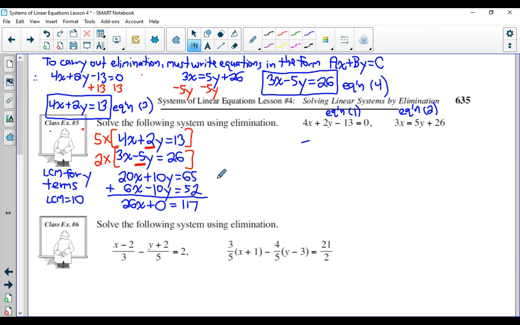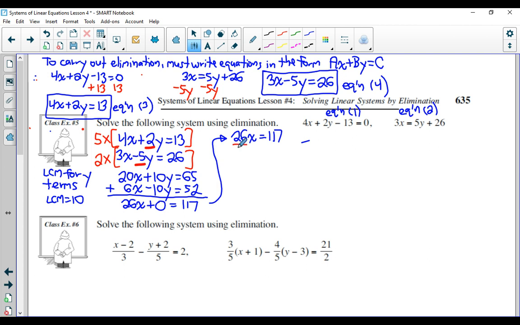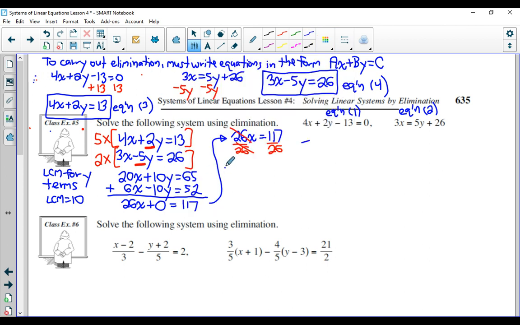Okay, and then let's rewrite this up here. So I'd have 26x is equal to 117. Okay, we need to divide both sides of the equation by 26. Divide 26, divide 26, that would cancel off. Okay, then we're going to get x is